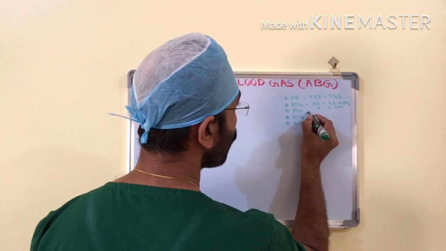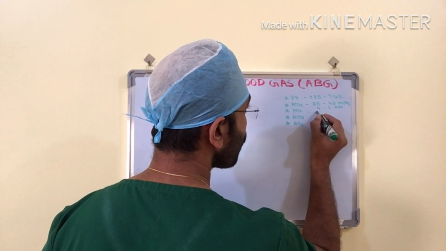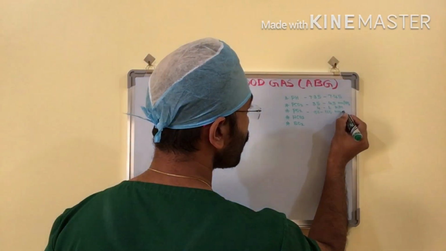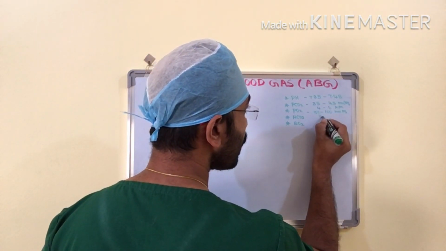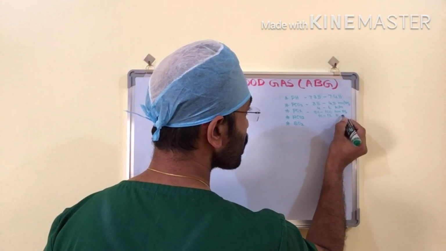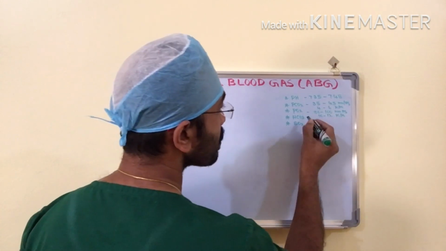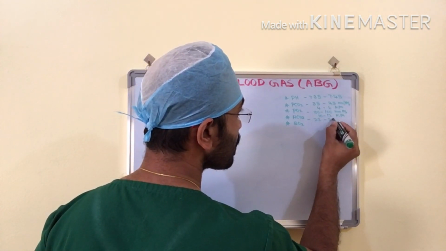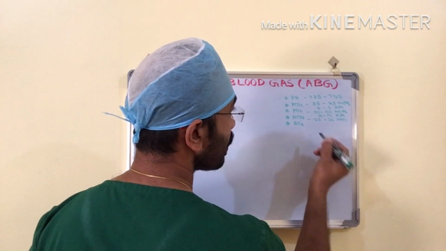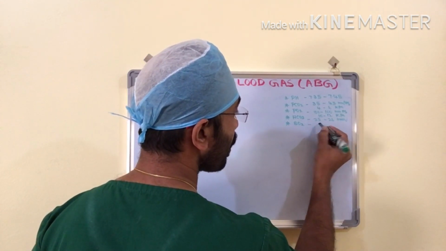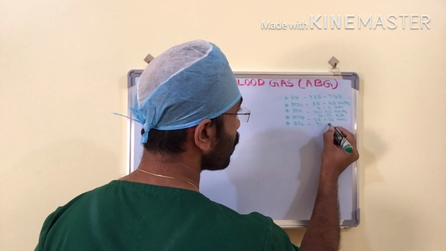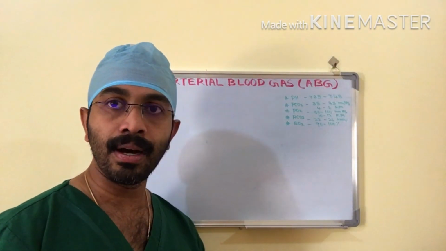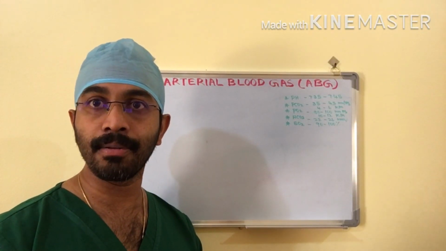Another one is PO2, that is 80 to 100 mm of Hg or 10 to 12 kilopascal. And another one is bicarb, that is 22 to 26 milliequivalent, and saturation, everybody knows, it is 90 to 100%. So the pH, I already explained, is an element which is used to detect the acidity